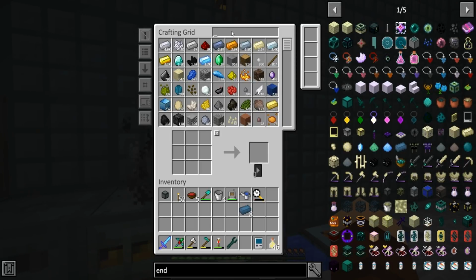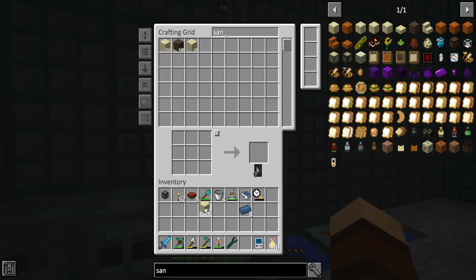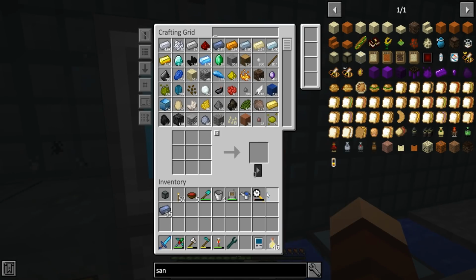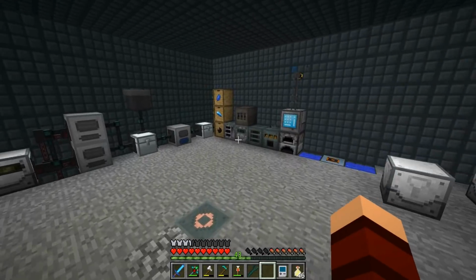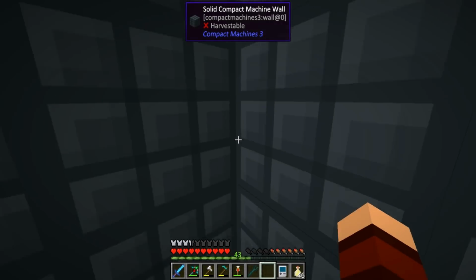Let's see. Oh, we got plenty of that. Take some of that. And then we just do this and this. Right? Cool, so we'll get that going. And then we'll see if we can make one of these bad boys and see if that helps with the